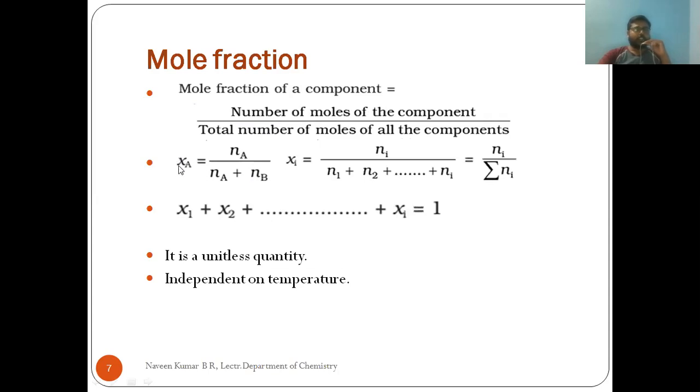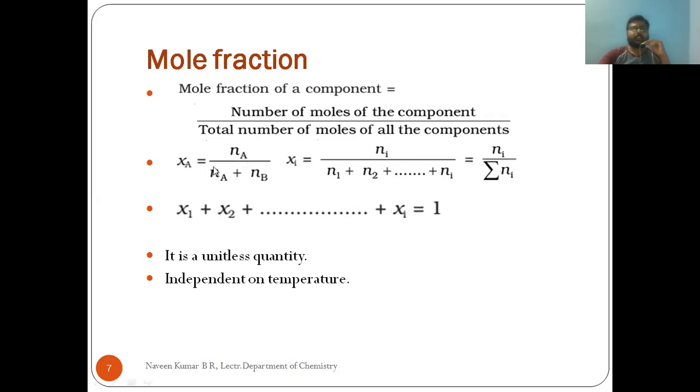If the mole fraction of a solvent is taken, it is the number of moles of solvent divided by the number of moles of solute and solvent. If n number of solutes are present in the solution, or more than one type of solvent is present, then we can relate the mole fraction of any ith component present in the solution as the number of moles of that ith component to the total number of moles of all the components present in the solution.